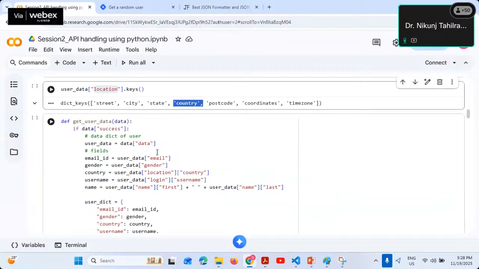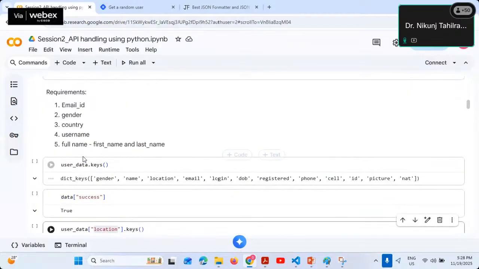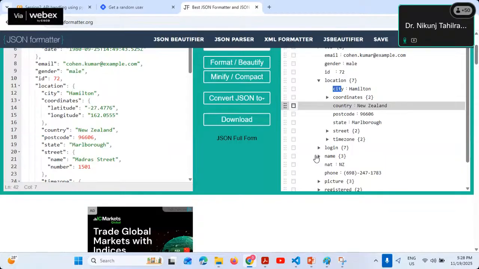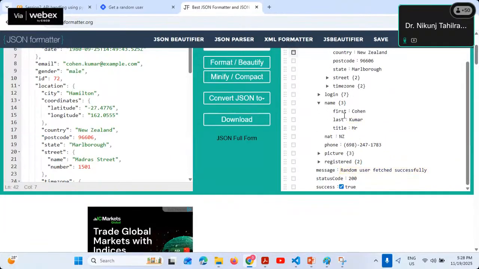Now, let's say there is something called full name. Full name is where the full name is. Inside name, you have first, last, and title. I want first and last to be combined, so I will do some appending at the last. But first, I need to get this data